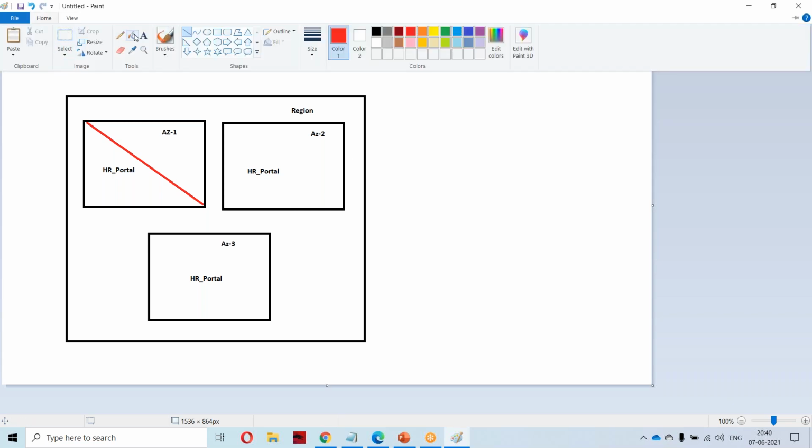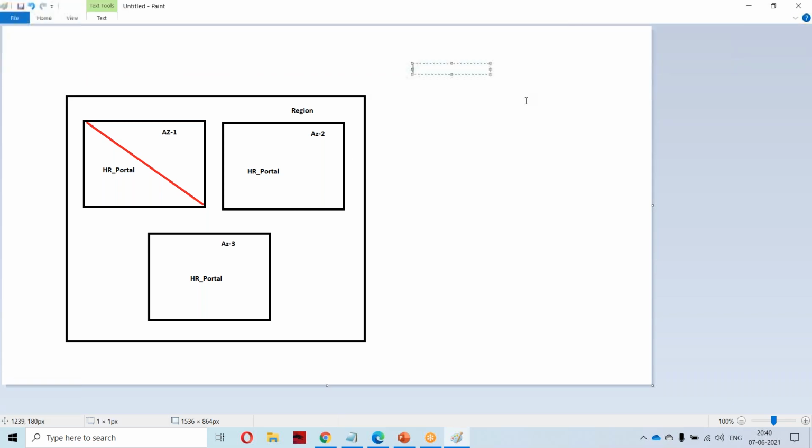But in some conditions, one customer has his presence only in India. He has this HR portal only in India. It is not like Monster or Naukri, which are present in multiple countries. So his presence is only in India.